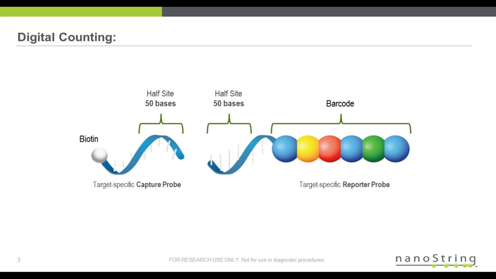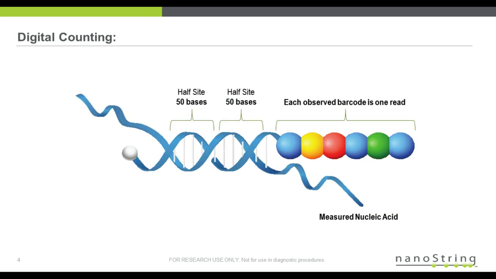So we want to measure something. We generate hybridization complexes using reagents that are designed to measure one of up to 800 different targets. When those reagents combine with the nucleic acid, which you can see in the middle of the screen, the nucleic acid hybridizes with the sticky end of the optical barcode, which you can see to the right, and the little white ball on the left-hand side of the screen is actually a biotin molecule. We mix these samples together. The measured nucleic acid that came out of the cell or the tissue of interest forms a hybridization complex.